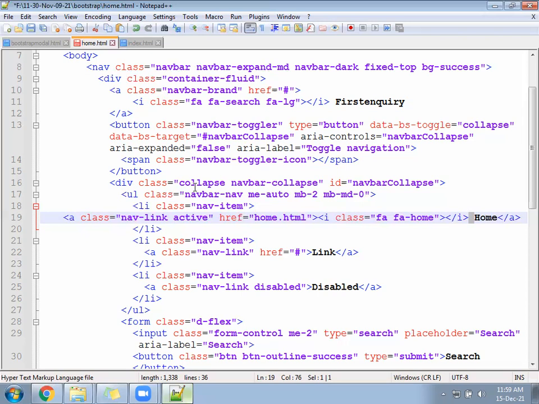Open your code. First, maximize, keep it full screen. Yes, go there, line number 17.